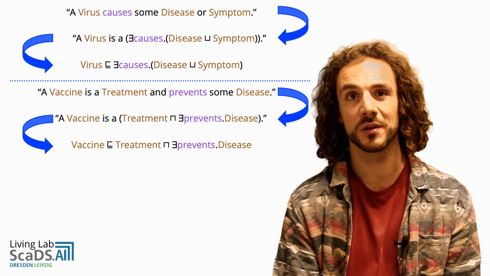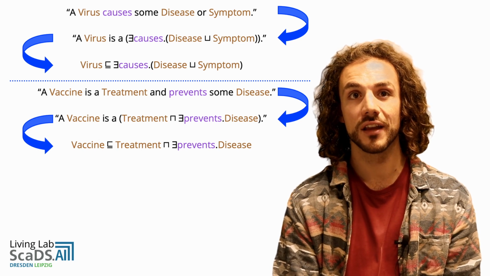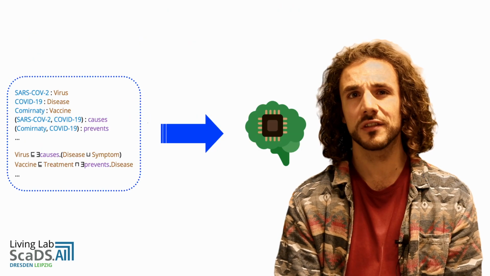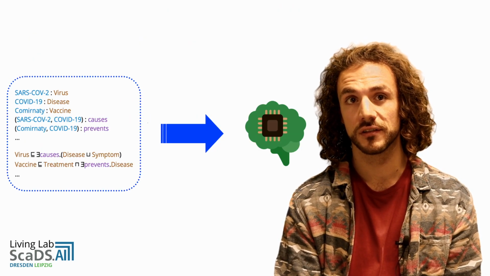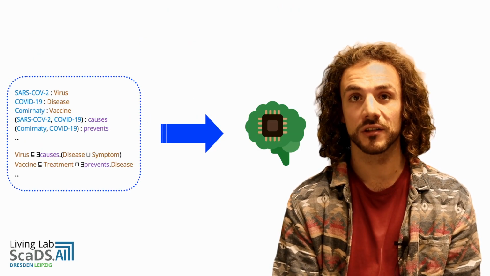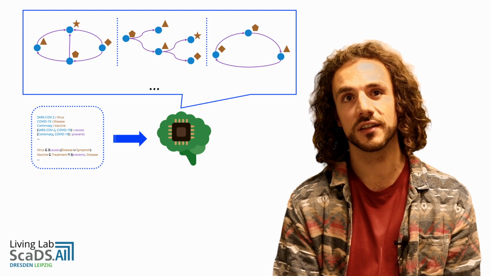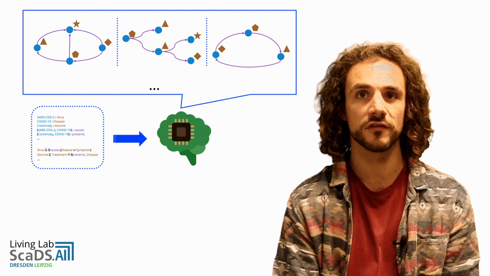But now, together with the facts we encoded before, they can be processed by the assistant and used to automate decision-making. But what is the meaning of this knowledge for the assistant? The unit of meaning in description logics is what we call a model. You can think of a model as an extension of the graph we introduced earlier, that respects all the rules and the facts contained in the knowledge base. For the assistant, the meaning of knowledge is then the set of all models of the rules and facts it